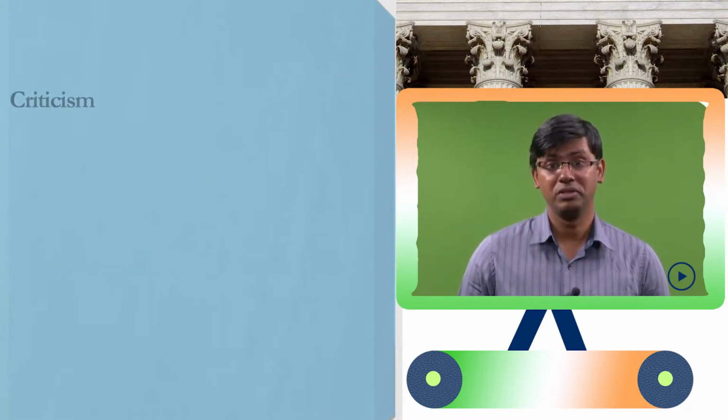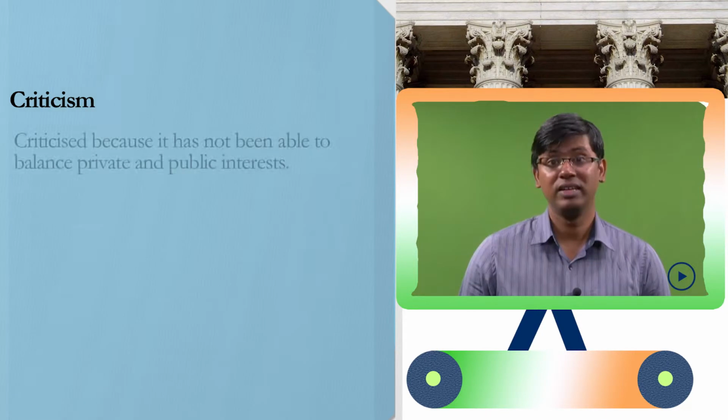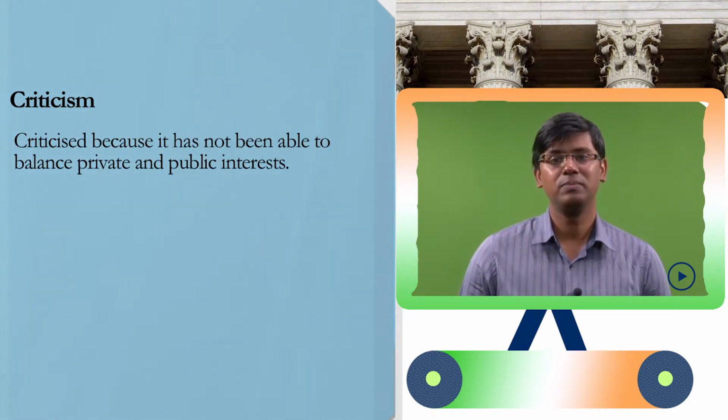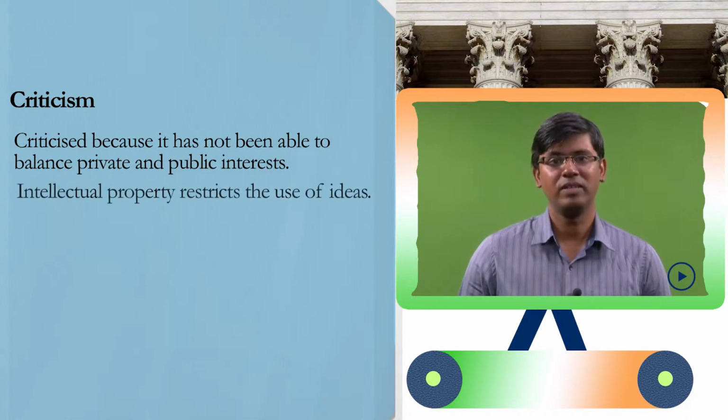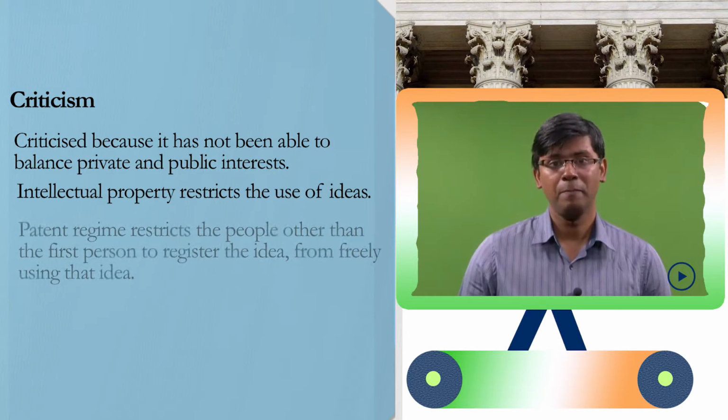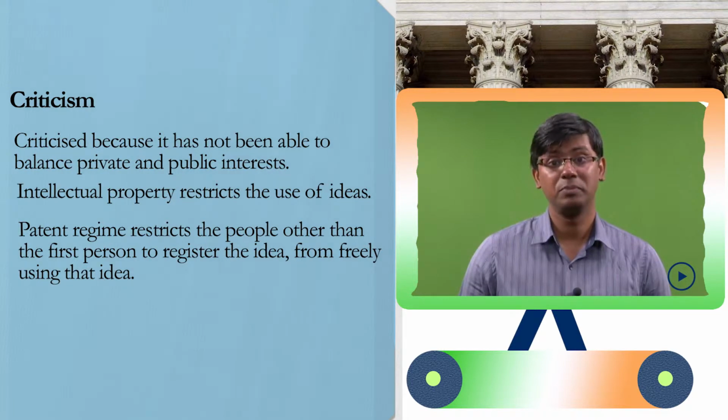However, the utilitarian theory is not without criticism. The utilitarian justification of intellectual property right, on the other hand, is criticized because it has not been able to balance private and public interests. Private intellectual property restricts the use of ideas. Patent regime based on incentive system restricts the people other than the first person to register the idea from freely